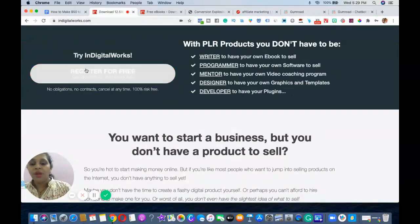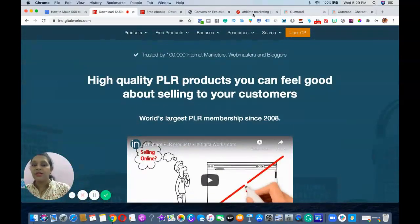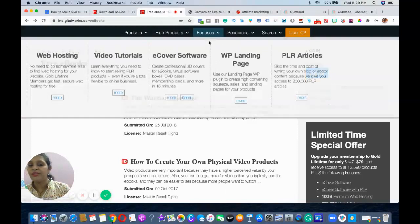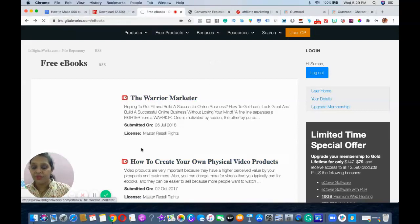All right. So you can see here, when you register, you can register free of cost, and you can get access to nearly 200 products. So what you need to do is sign up and go to the next page. When you go to the next page, you would go to the introduction pages. From your introduction page, you just need to go to free ebooks. Once you go to free ebooks, you would find this particular page, right, where